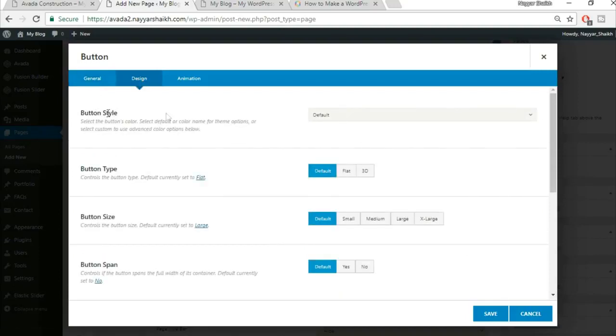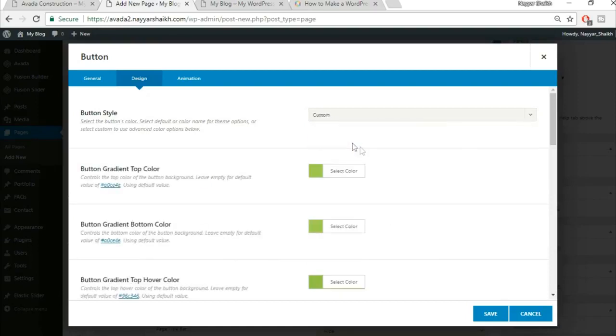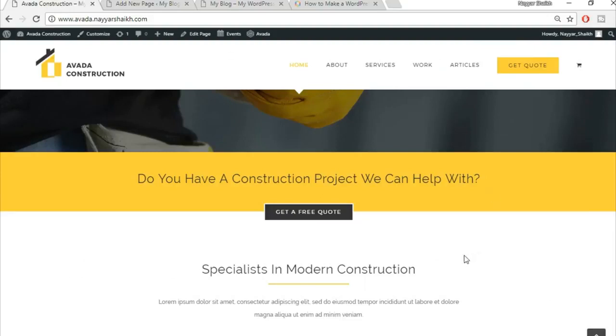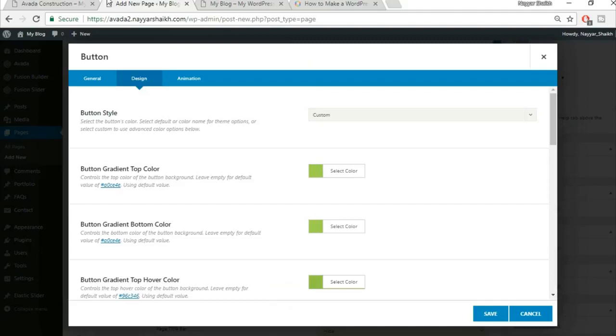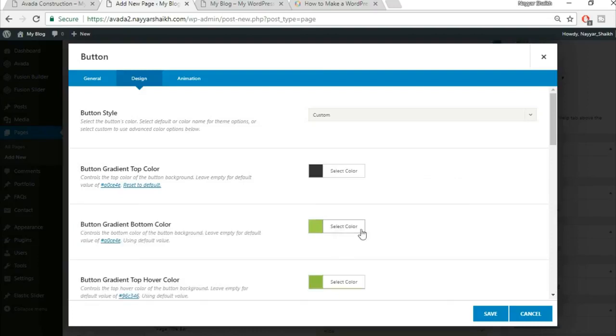Now at present the button style is default. Just select custom, because we want to change the color and everything. As you can see over here, the button color is black, and when we hover it becomes white. So first one is button color. So just type in the color code for black. Okay,